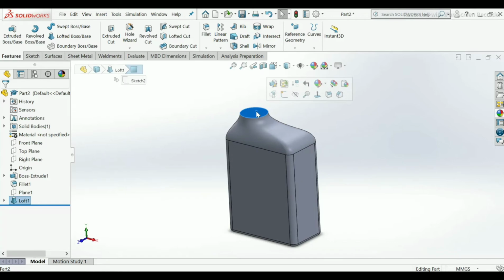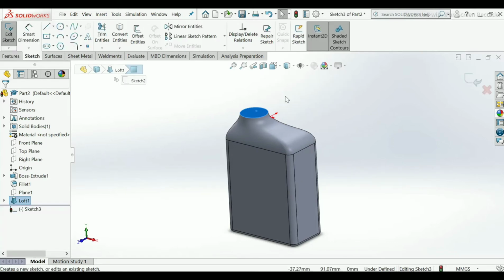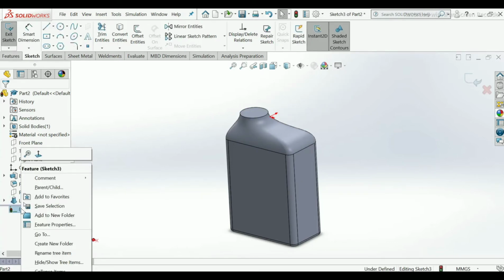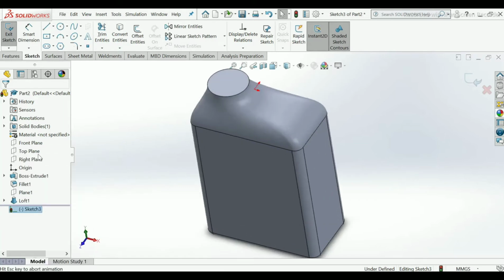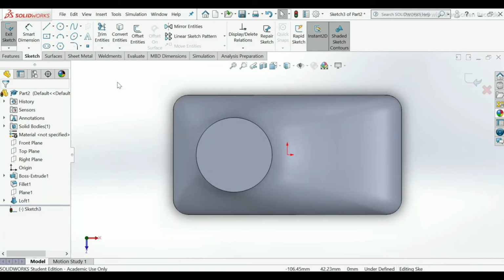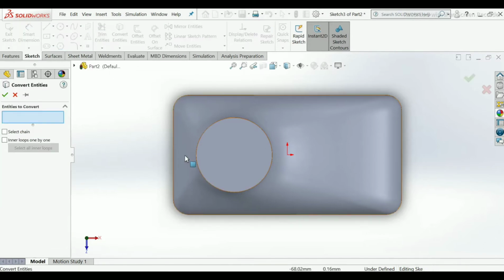Select this top surface of circle, sketch, normal to profile. Convert entity, select this circle face so that we can extend the height.